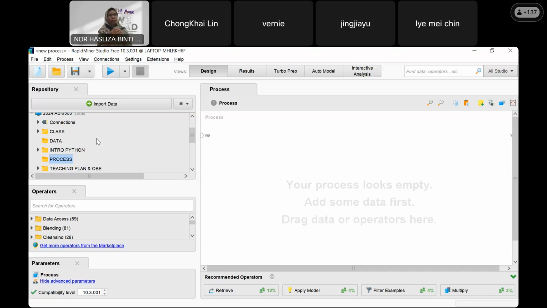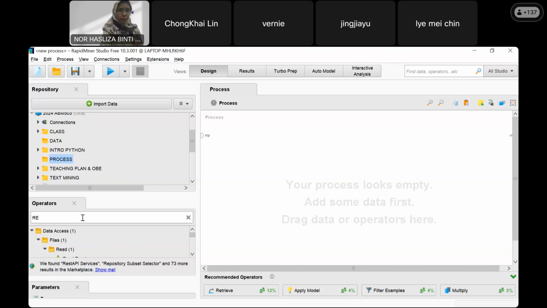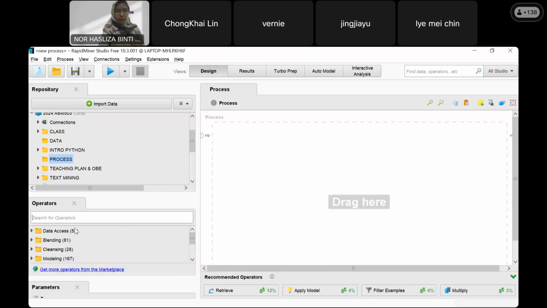Right now, remember I asked you to download my sample file about customer and sales, something like that. This is how we do the process inside RapidMiner. We have to use operators. Instead of writing code, we use operators. So here, there are a lot of operators, but don't worry. You can write something here because we want to read. Okay, read. Put it small.